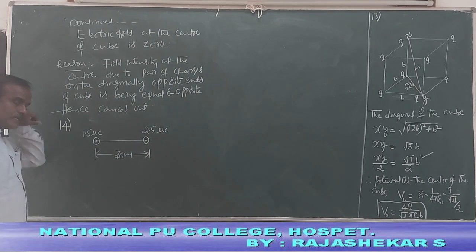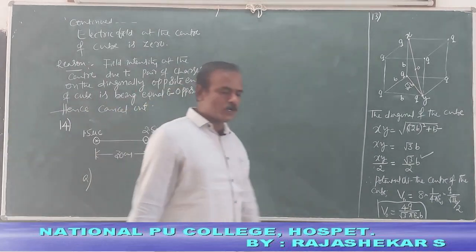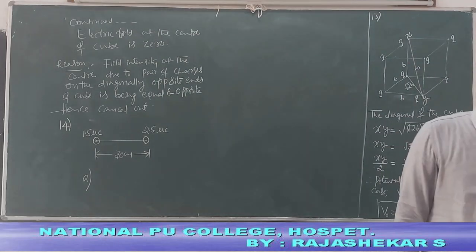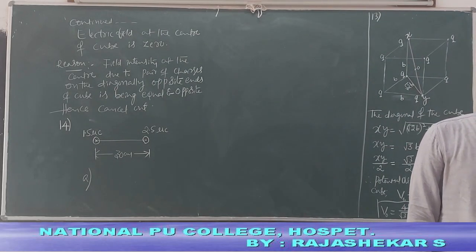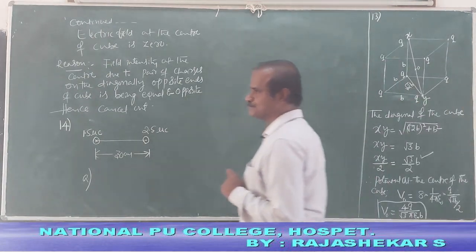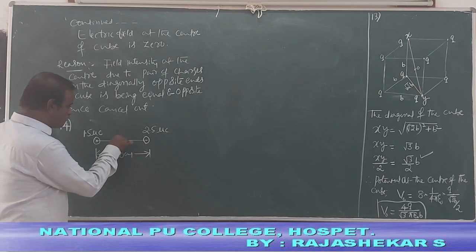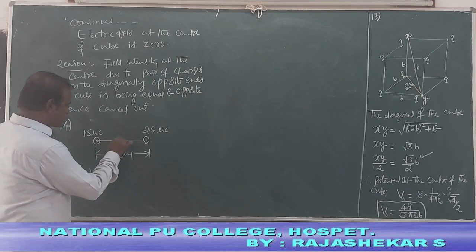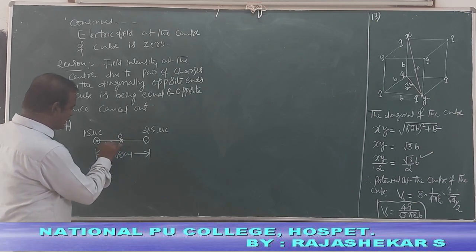In question A, what you have to find? In the first part of the question, what you have to find? Find potential and field at the midpoint of line joining. So midpoint of the line joining, let us call this is O, so that this becomes 15 centimeter friends,